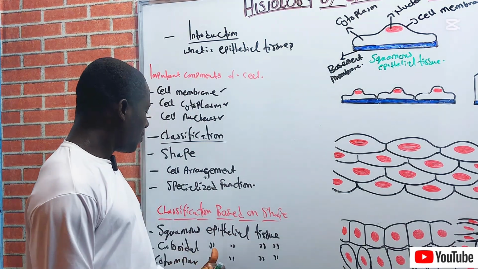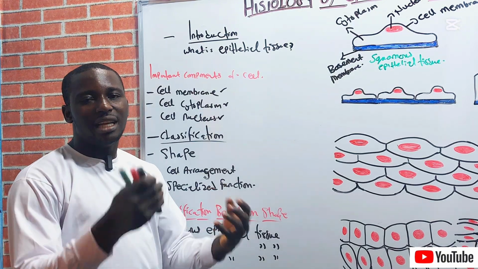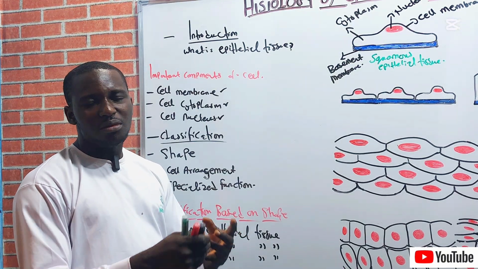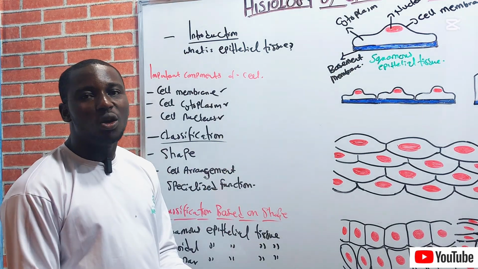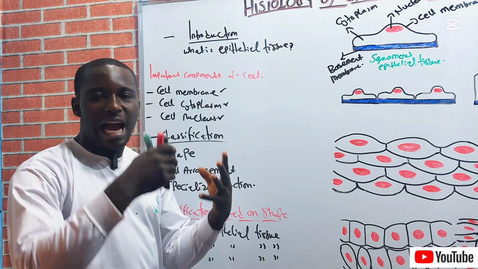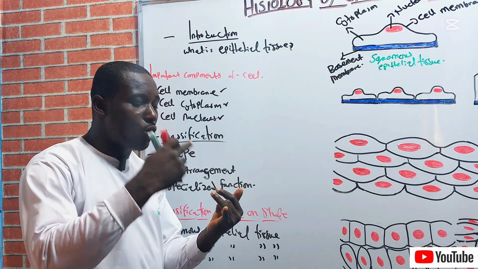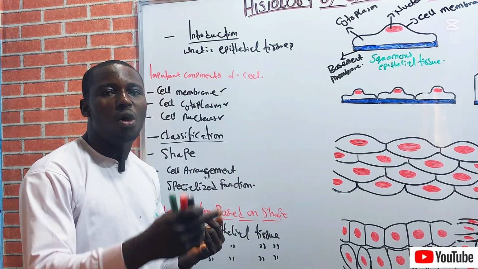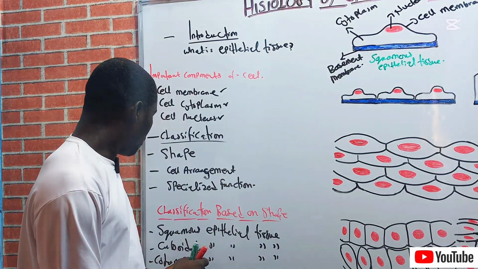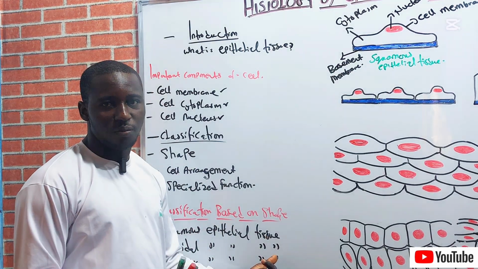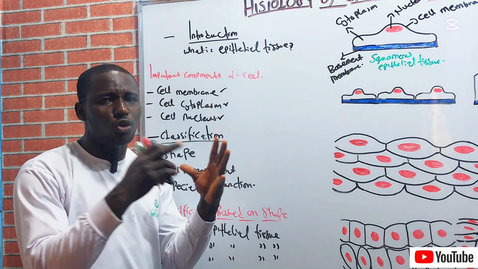Now, cuboidal epithelial tissue is a type of epithelium that resembles a cube-like appearance. Get? Now, they have equal height. They have equal what? They have equal height. They have equal depth, and they have equal width. That is all about this cuboidal epithelial tissue. You get? Now, the columnar epithelial tissue, as you can see from the name columnar, you know that yes, it